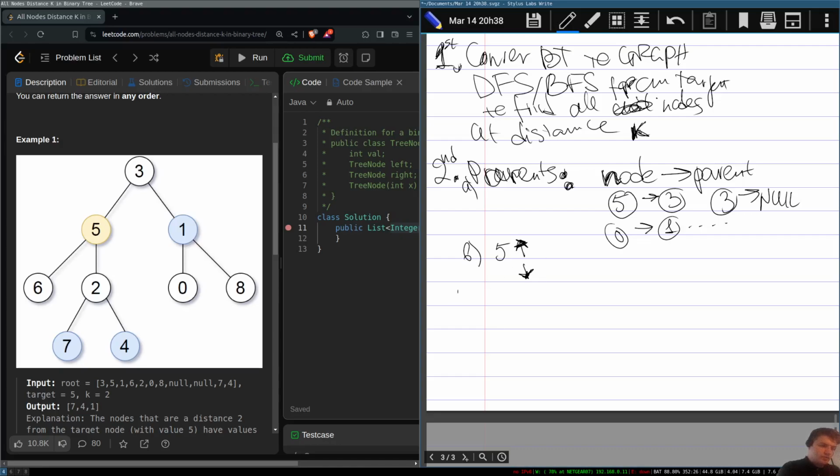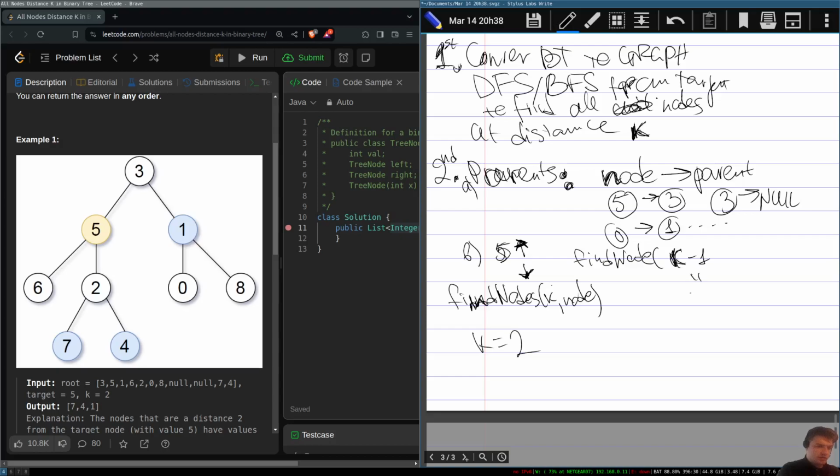Let's say I call the function find nodes at distance k for the node. For the 5 children, I call find node. Initially k equals 2, so I call find node with k minus 1,